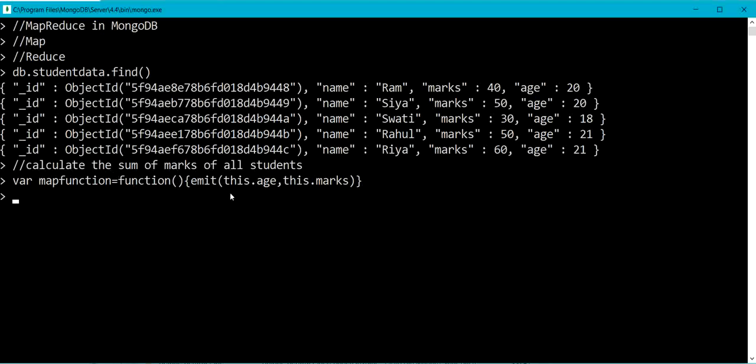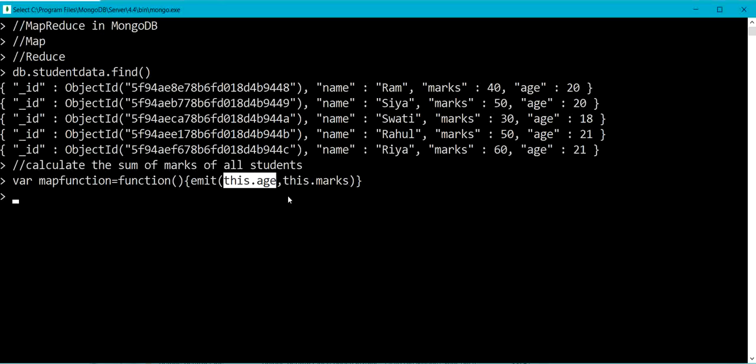So here emit is a special method that every map function invokes. The first argument in emit is the key to group by, and second argument is a document containing values to be reduced.